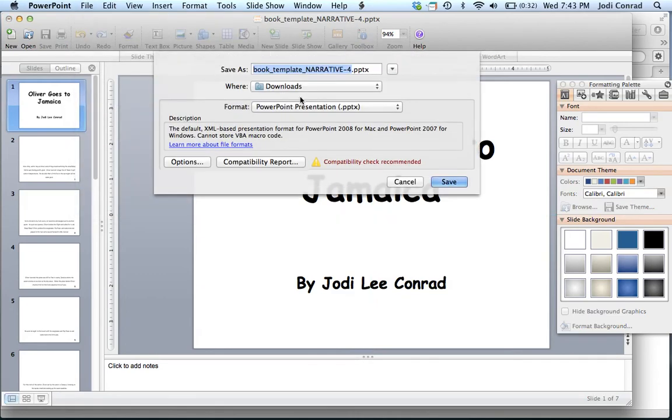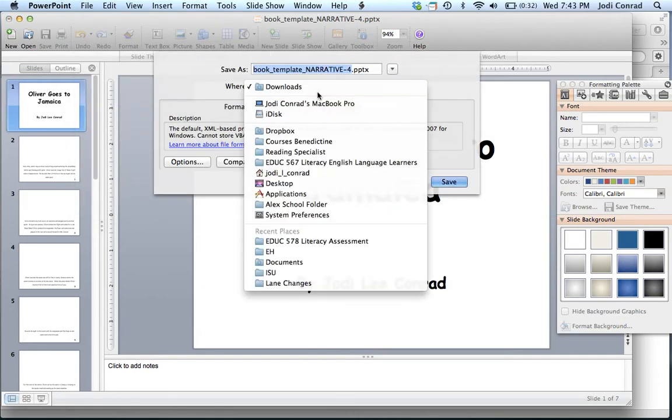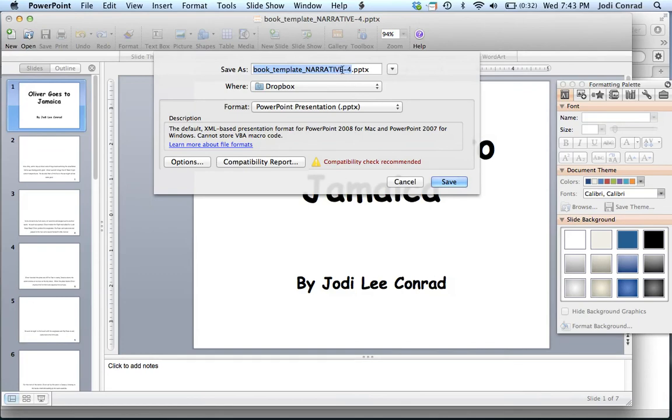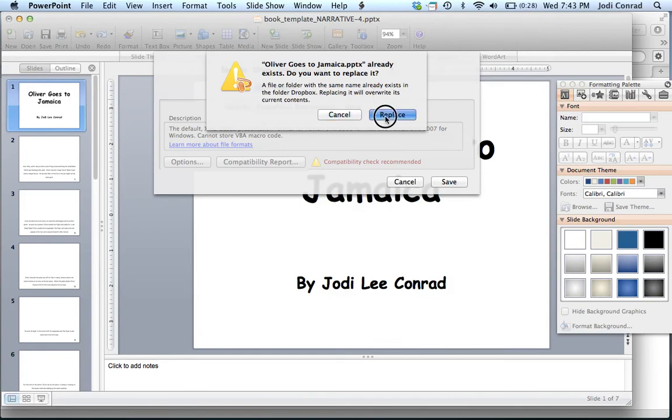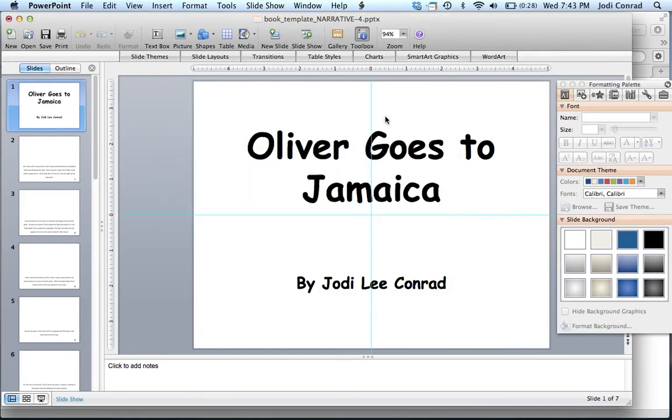I'm going to find a good spot to save my work, and you'll want to check with your parents to make sure where an appropriate spot to save your book. So I'm going to go ahead and save mine, and then I'm also going to highlight where it says Save As, and I'm going to type the title of my book. So my book is called Oliver Goes to Jamaica, and then I'm going to click Save, and my book is finished. It is now saved,